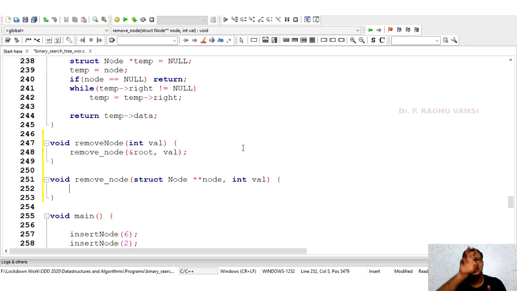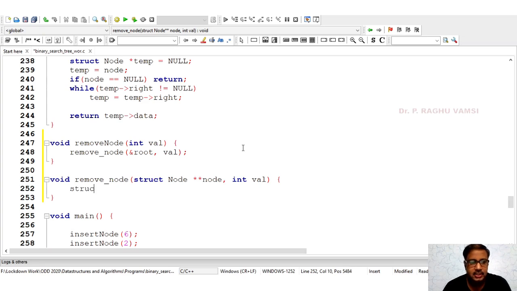Then this main node, which is supposed to be deleted, again this temporary node has to be attached to some other node. So these kinds of operations we are supposed to handle, and for that we require some temporary pointers of struct node type.